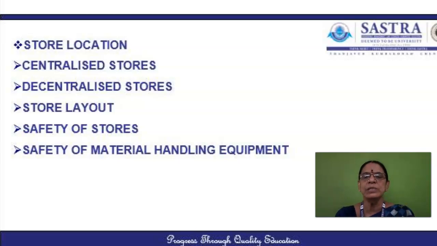The internal layout is arranged in such a way that there is a spacious issue counter where employees can obtain materials without entering the stores. The issue counter should be segregated from the main storage area and preferably it should be closed. Stock yards should be enclosed with adequately high fencing. For extra protection, there should be a barbed wire fence along the top of the wall. It is better to keep the number of gates to the minimum, preferably just one.